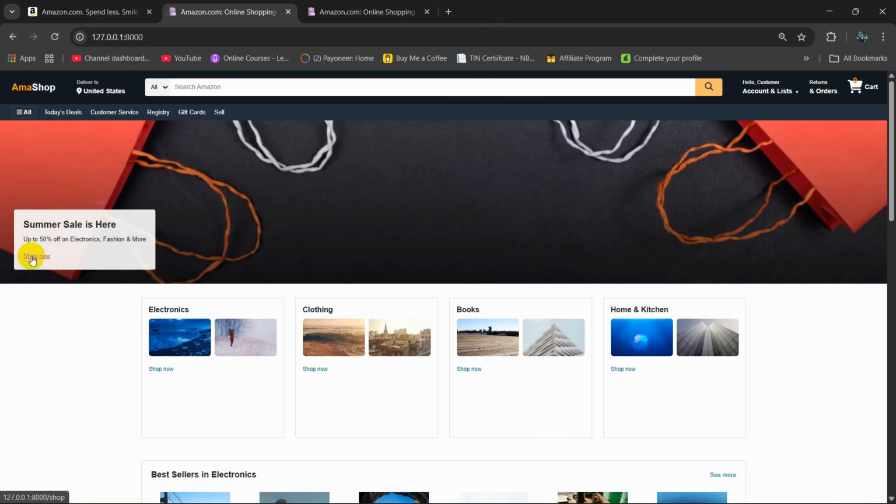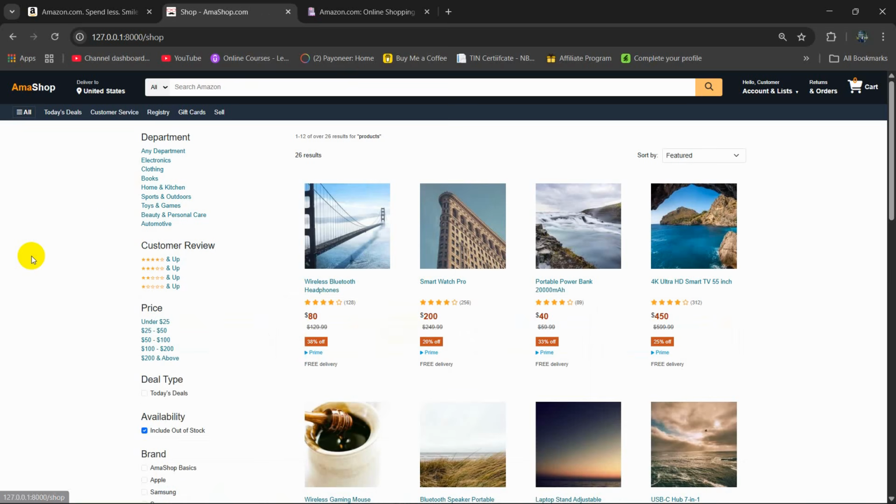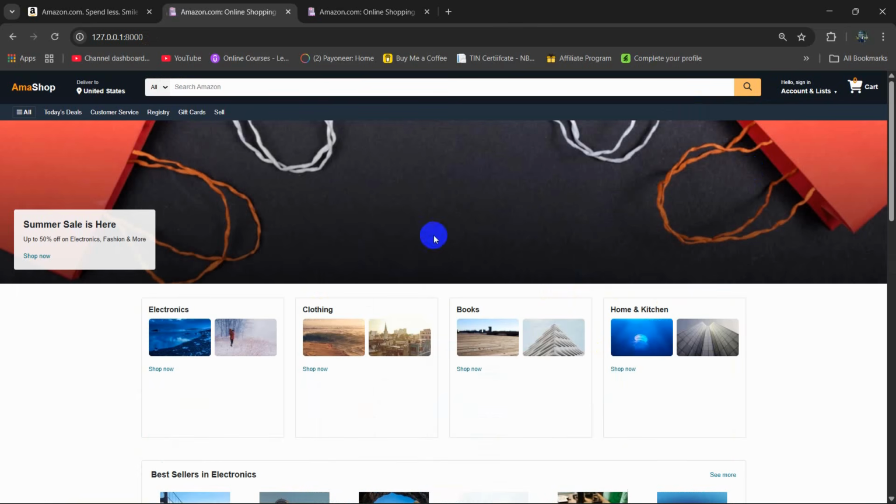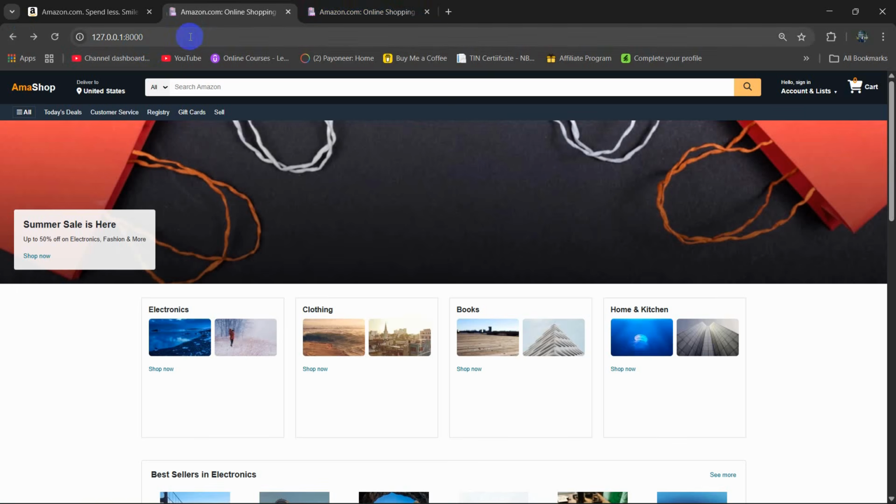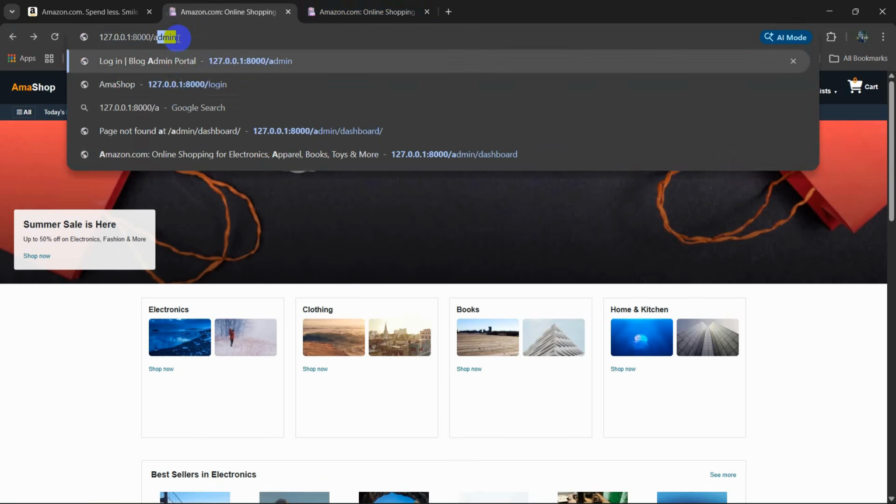And here you can see shop now. If I click on shop now, it will show us something like this. So let's just sign out from here. Let me click sign out, and there you can see we are now signed out. There you go. So let's go and log in as an admin. For that, we just need to say here /admin